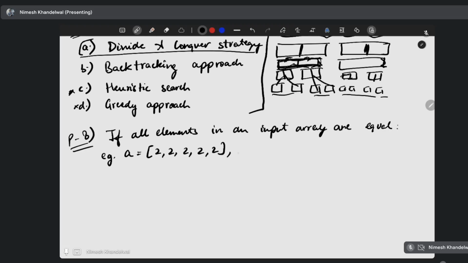So in that case, what is the running time or the complexity of